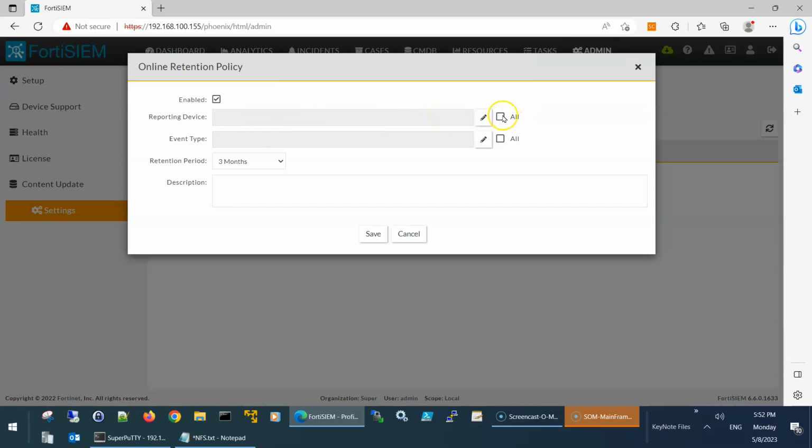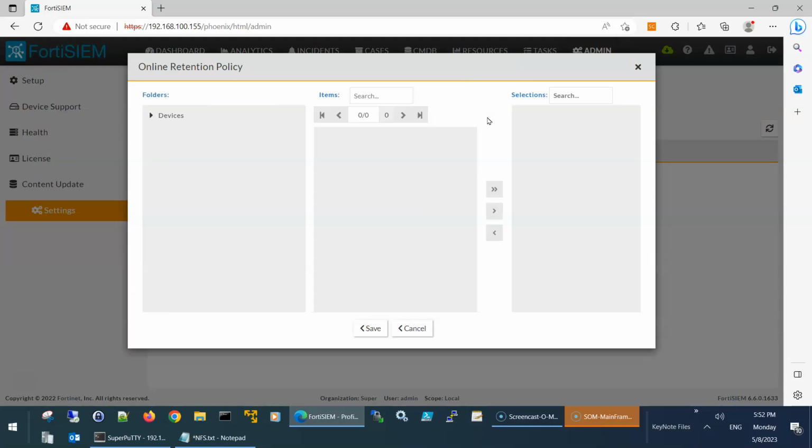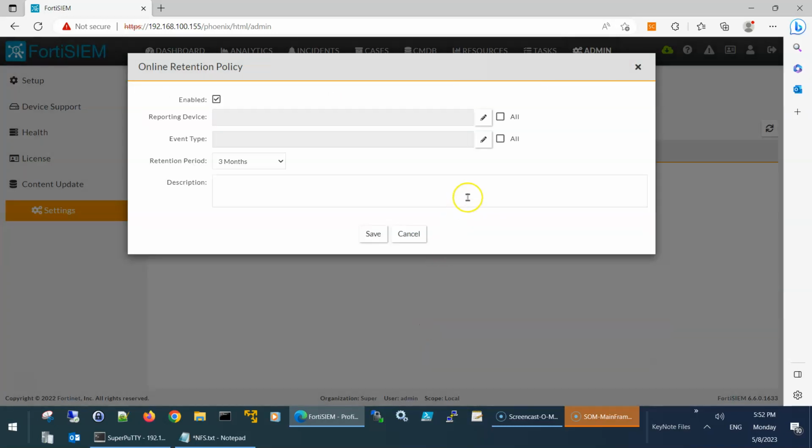So we select all devices, or you can open your devices and select them one by one, or groups of devices. So for my case here, I will select all devices, all event types, and then I will